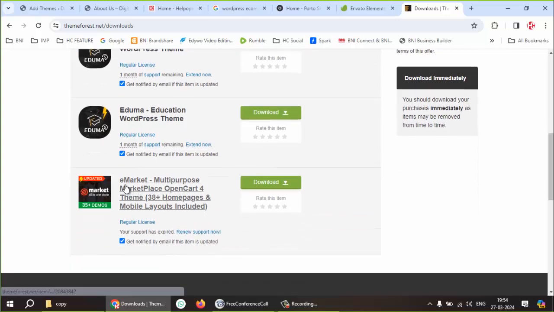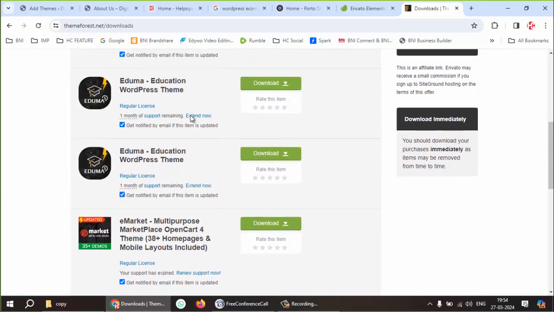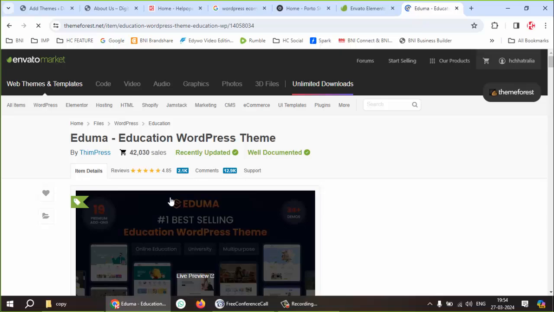And this is again the e-market multi-purpose theme, an OpenCart theme. So this is another CMS like WordPress. This is specially for OpenCart. So instead of WordPress, it is OpenCart. So like this, I can use various themes over here. So I can purchase the themes over here. So some of them are $59, some of them are different amounts. So if I go to the Eduma theme, so just let me click over here,